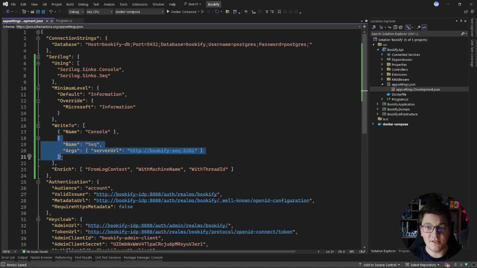And then we have the Seq sync, where we need to configure the server URL where the Seq instance is running. So you can see that this is pointing to some HTTP address where I'm exposing the Seq structured logging server, and we are going to run this inside of a Docker container. I'm going to show you how we will configure this container in just a moment, but I first want to